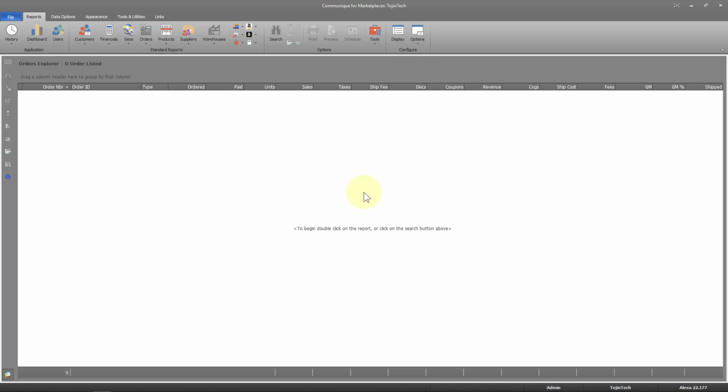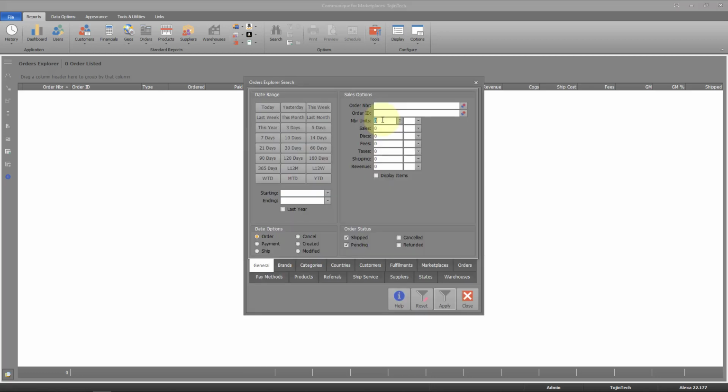Before a data view can be saved, you must first initiate a search using the data filters for the report. Click the right mouse button anywhere within the report and select Search from the pop-up menu. For this demonstration, we'll enter 100 for number of units,